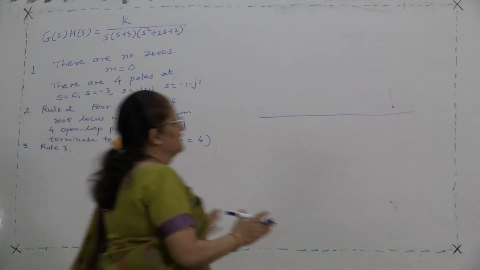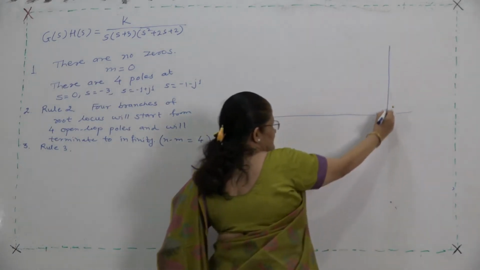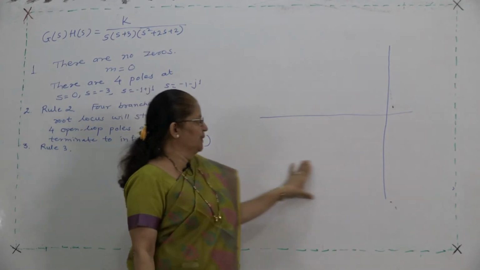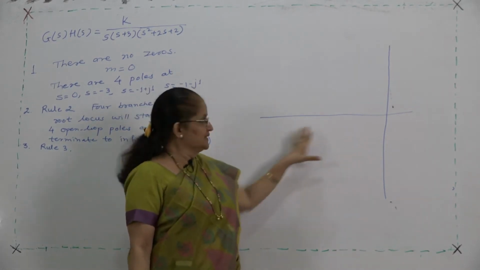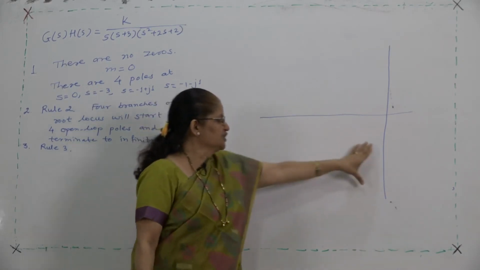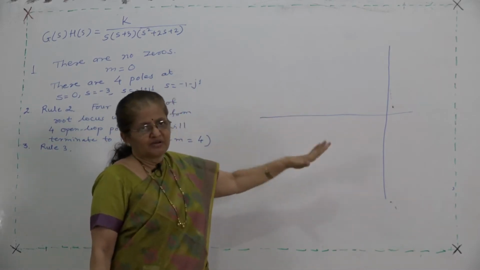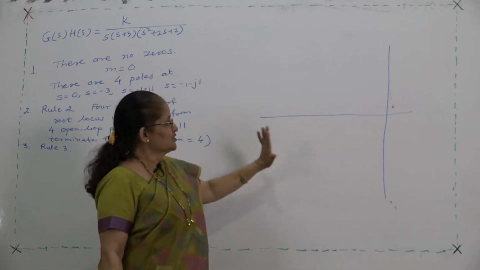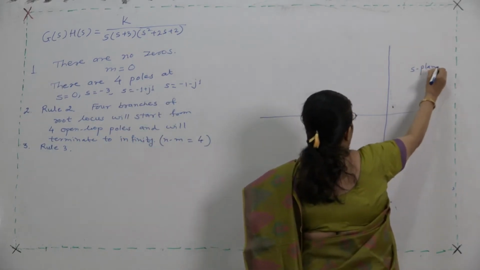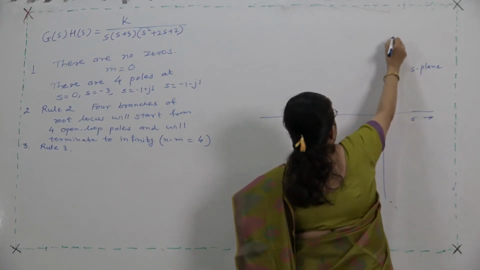So, how will you select the y axis? You select the y axis towards the right, like this, so that the major portion which you will get on the graph paper is the left half of S plane. That is the important thing: select the y axis towards the right and you will get the major portion towards the left, while the x axis is the center because the root locus is symmetrical about the x axis. So, first thing you have to do is this, then you represent the S plane, x axis real axis sigma, y axis imaginary axis j omega.